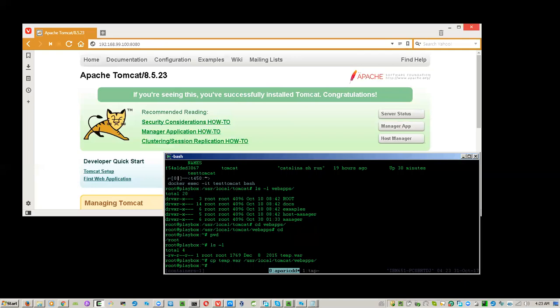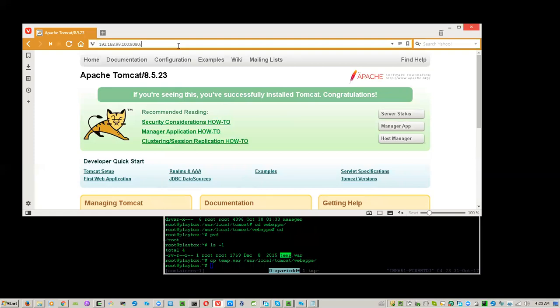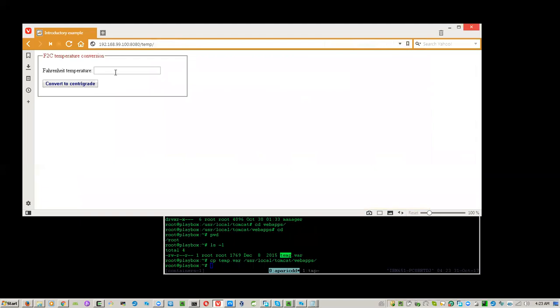So the name of the app is the name of the WAR file. Since the name of the WAR file is temp, therefore we can just put here temp, enter, and we have an app now. This is our app, and it's actually converting Fahrenheit to